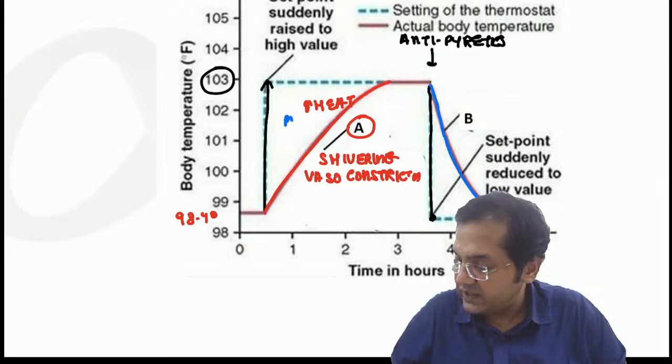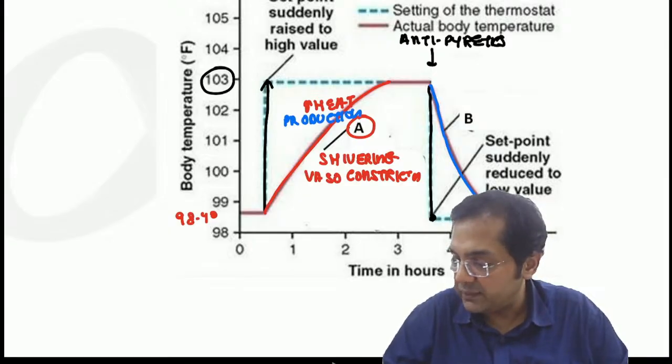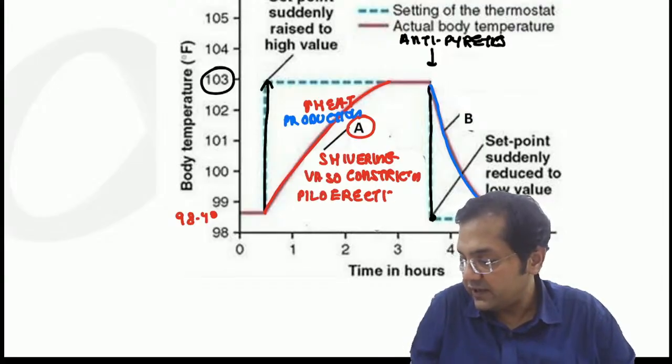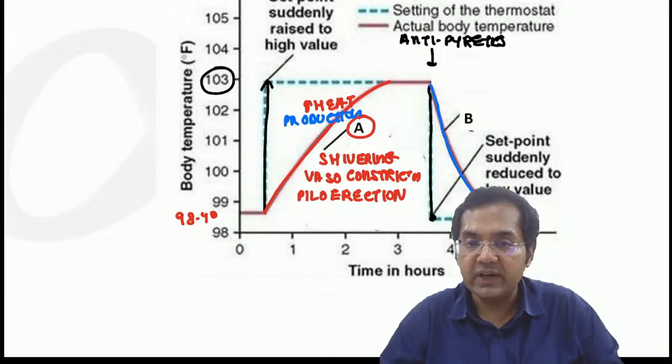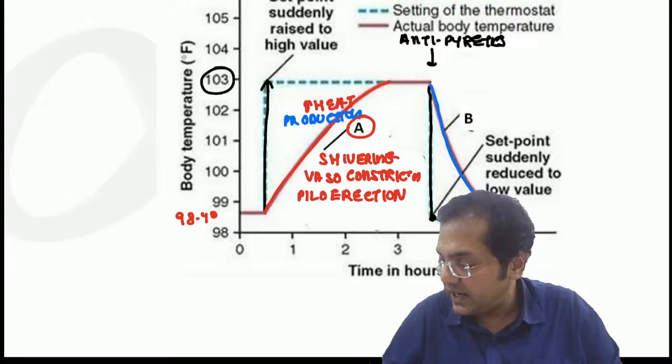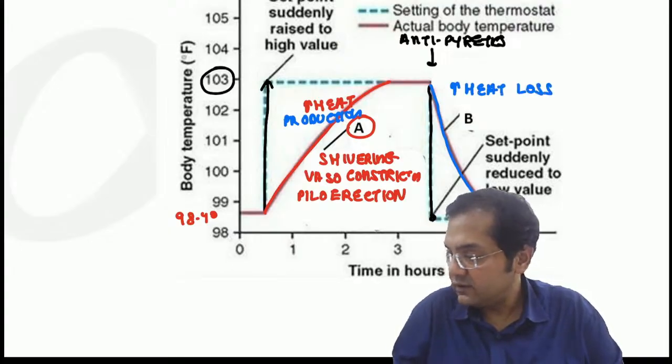This was increased heat production. Yes, absolutely correct. Piloerection will also occur in A, because piloerection will decrease the heat loss. More important in lower mammals where there is a lot of fur. So in B, I am doing increased heat loss. How? Vasodilation